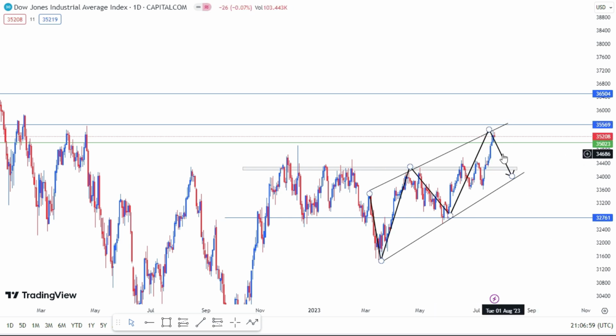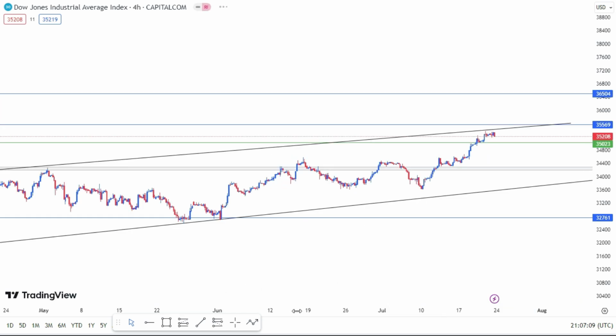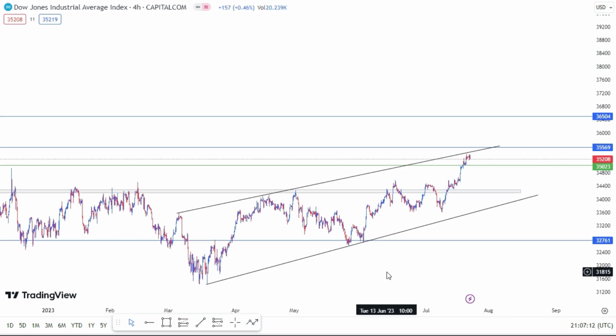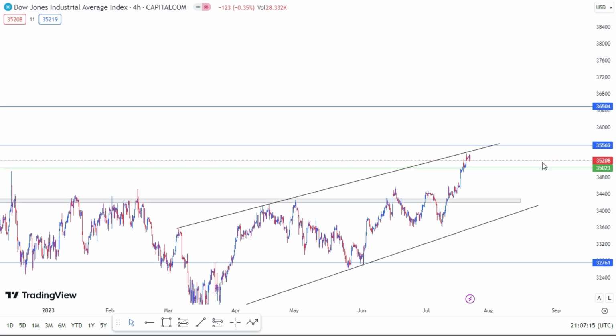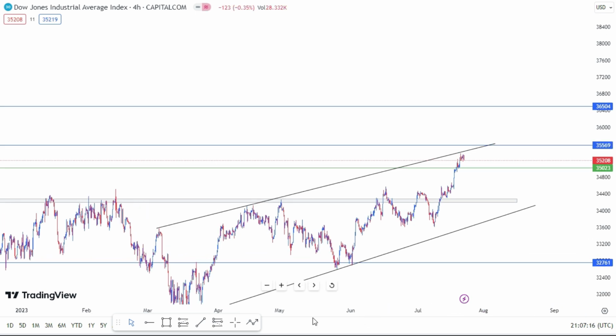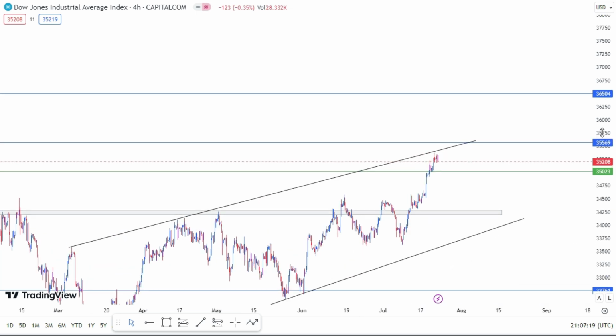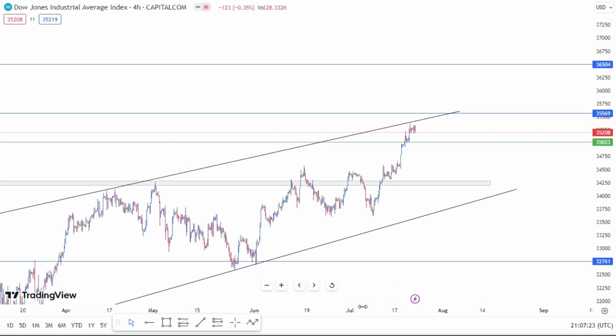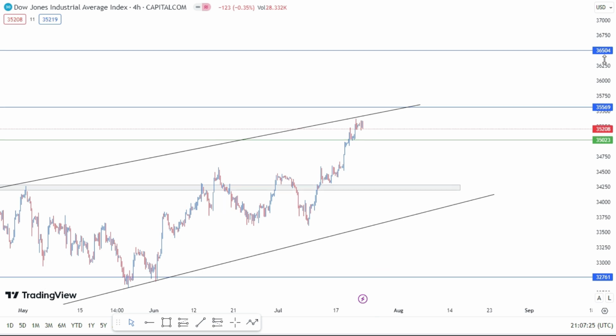So on this one, we are basically looking for sellers, looking at the daily time frame only, because this is what I'm seeing on the daily time frame. Let us move to the 4-hour time frame to see what's really going on over here, to see if we can spot any potential setup, which will tell us that we are moving in a great direction. But bear in mind, guys, this is a very tricky one because